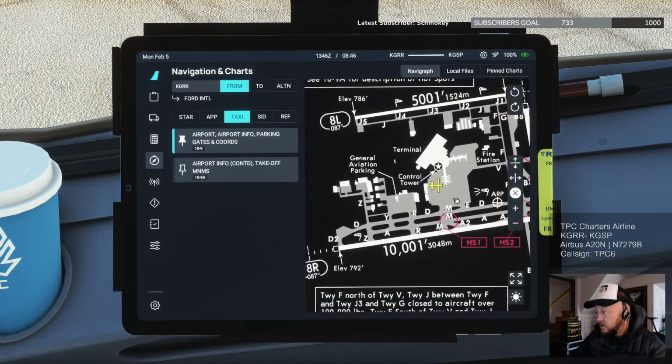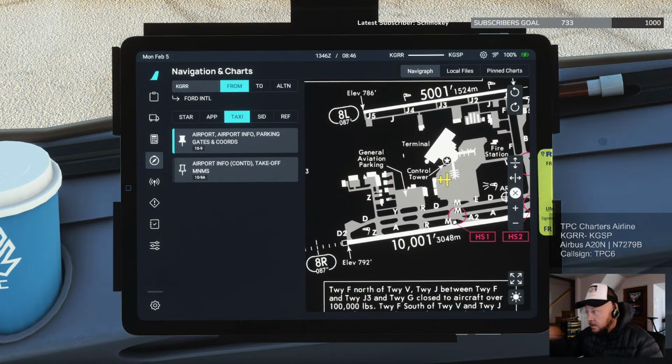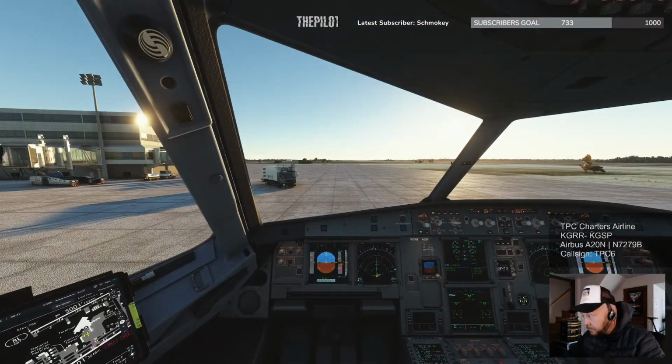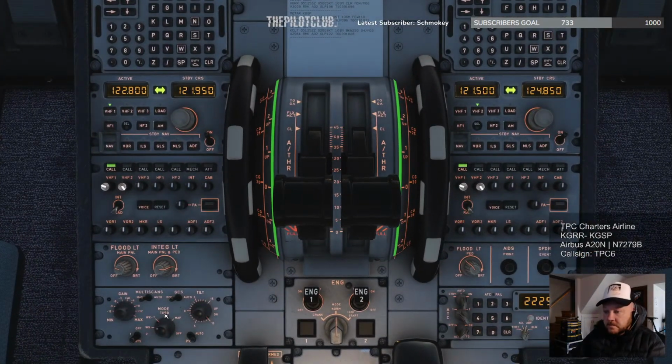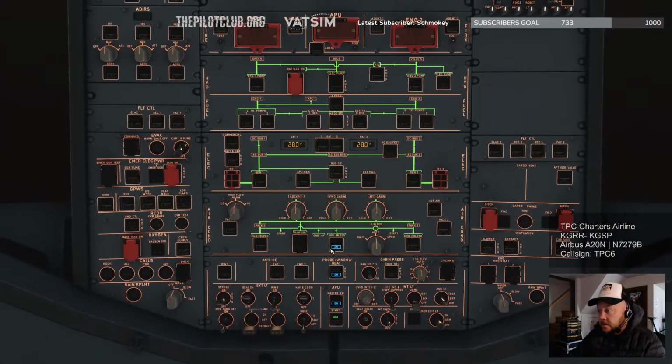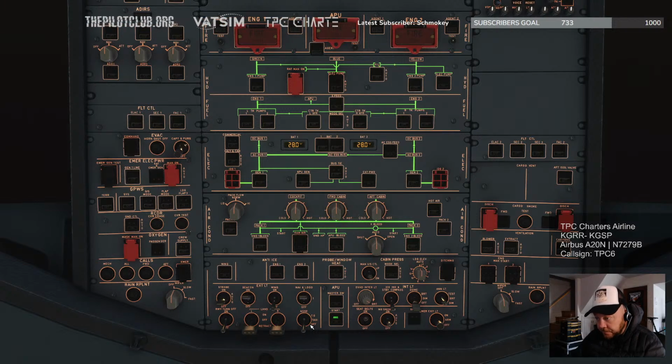Alright, let's pull up our taxi chart here. Looking good. So, like I said, our taxi is going to be Mike Delta. Let me see here. Where's Mike? Okay, so we'll make the sharp right turn here on Mike. No problem. We'll turn our weather radar on. And we can turn off APU bleed, and turn off APU, and turn off window heat. It's on auto. Now that we have the engine started, taxi light on,